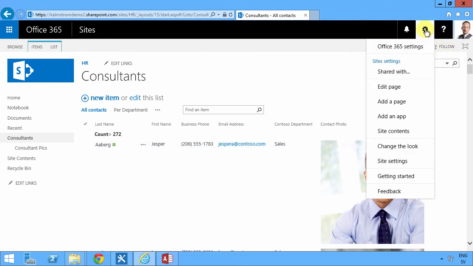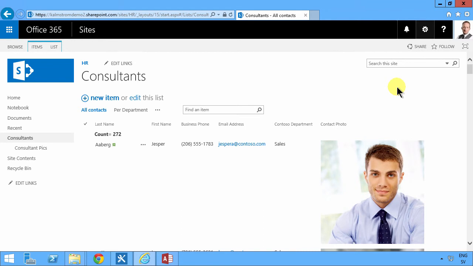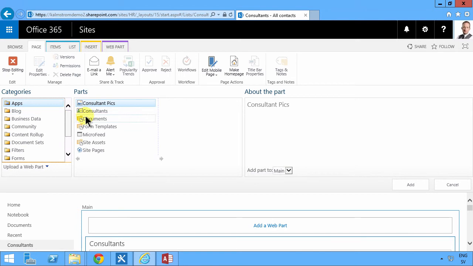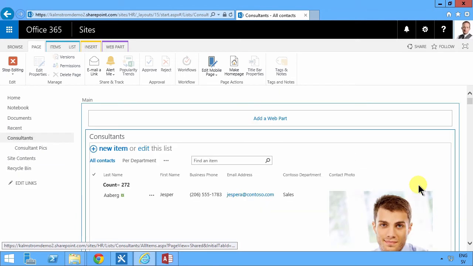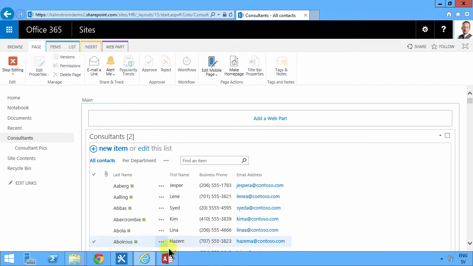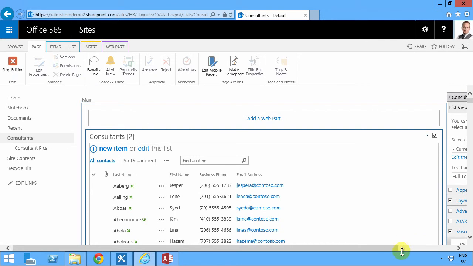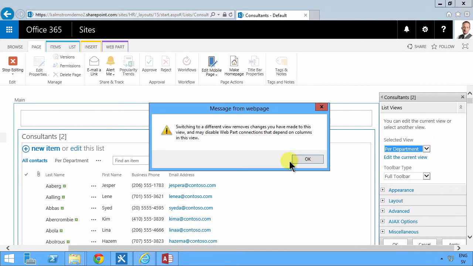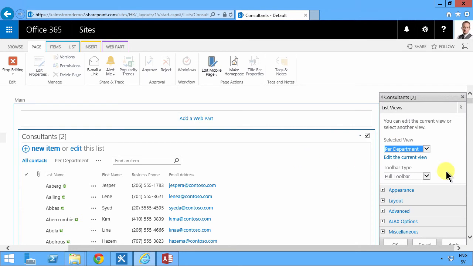So if I edit the page, you can actually add web parts up here too. So you can have multiple web parts in a view also. So if I add a web part here and just take the consultants list there, and of course now I'm showing the same thing twice in the same web page, but if I go in and edit that web page and just switch to the other view, such as the per department view, like that, and then I can just remove the toolbar,